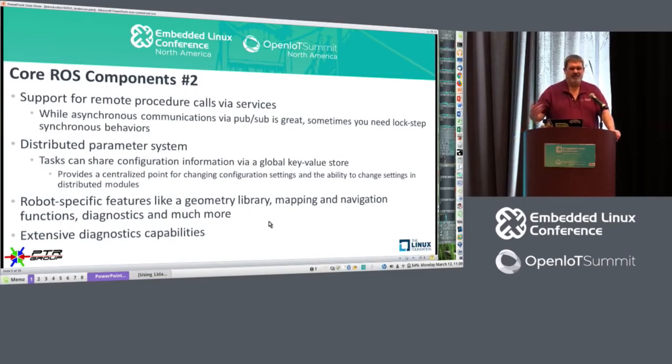There is, as I mentioned, support for remote procedure calls, and there is a distributed parameter system which allows me to have a master node. The master node is basically the clearinghouse for all the PubSub. All the topics and everything go through the master node. And then we have this parameter system that's usually associated with the master node. That parameter system will then be able to feed configuration data into individual nodes as needed. There are a lot of diagnostic capabilities built into ROS. There are replacements for the cout functions, basically, that will then write into a bag